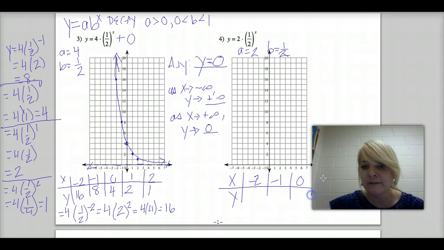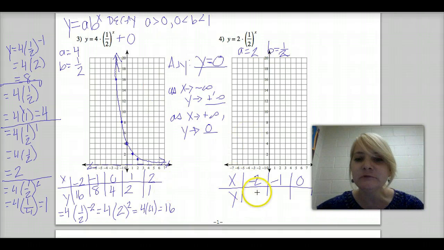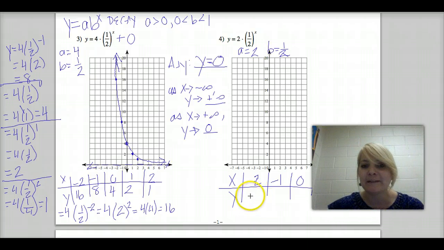So what I want you to do is to get some practice writing these tables. I want you to hit pause and then find the corresponding y values and then come back. All right, welcome back. So here, when x is -2, we get 1/2 raised to the power of -2, which